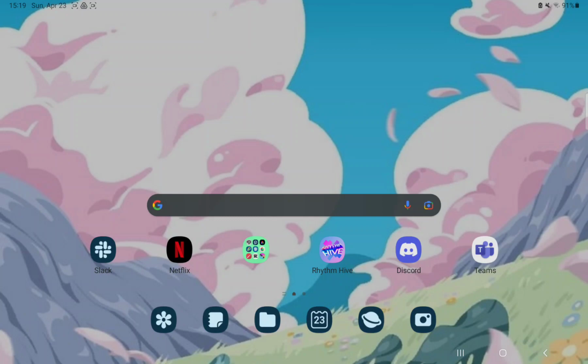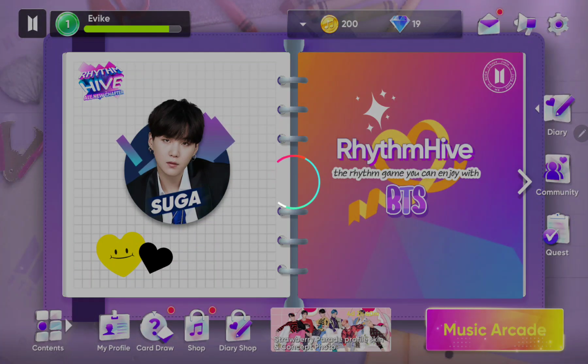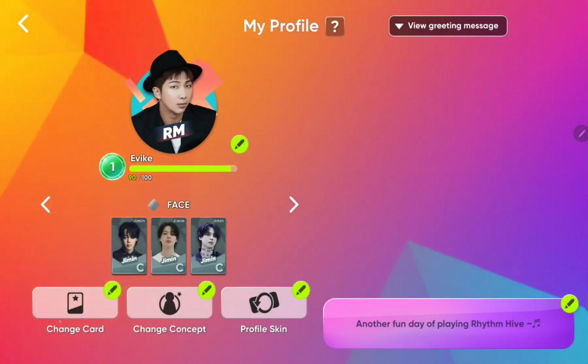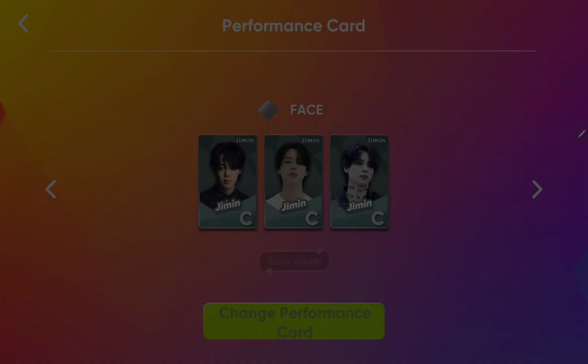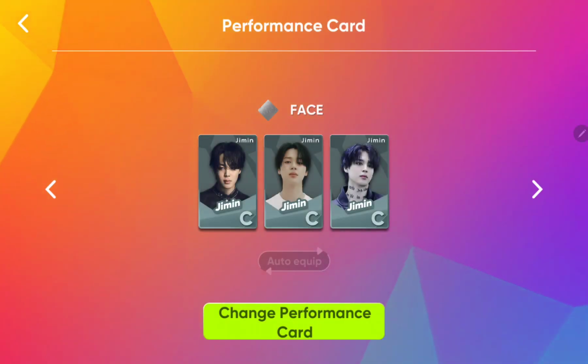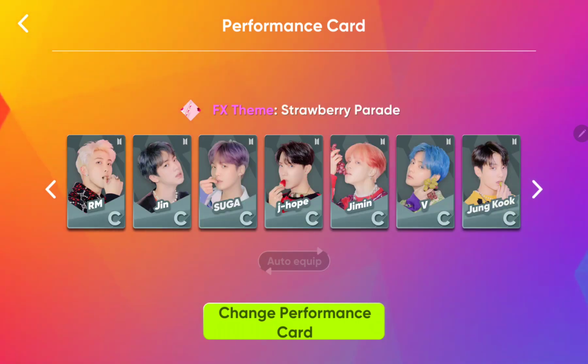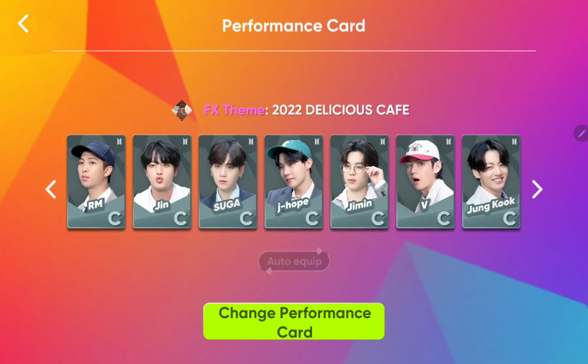First of all, open the application on your device. Tap the My Profile button at the lower left corner of the screen and go to the Change Card section. And here you can change the performance card pack, and just select one and tap the Change Performance Card option,